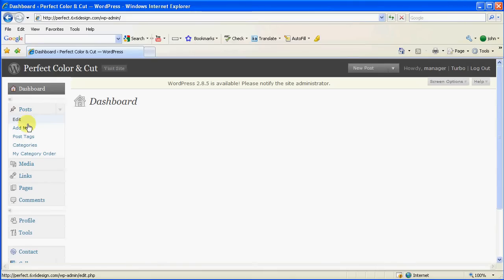You can edit posts, you can add new ones. Post tags is not something we need to worry about right now, but categories, again, that's if you want to have multiple categories for your articles, you can create them. So in this case, let's go take a look and see what posts we have right now, which should only